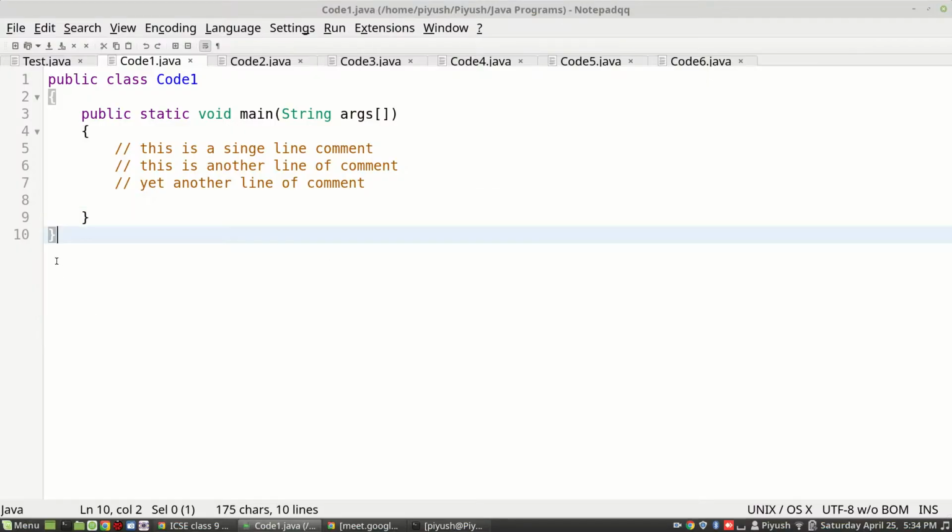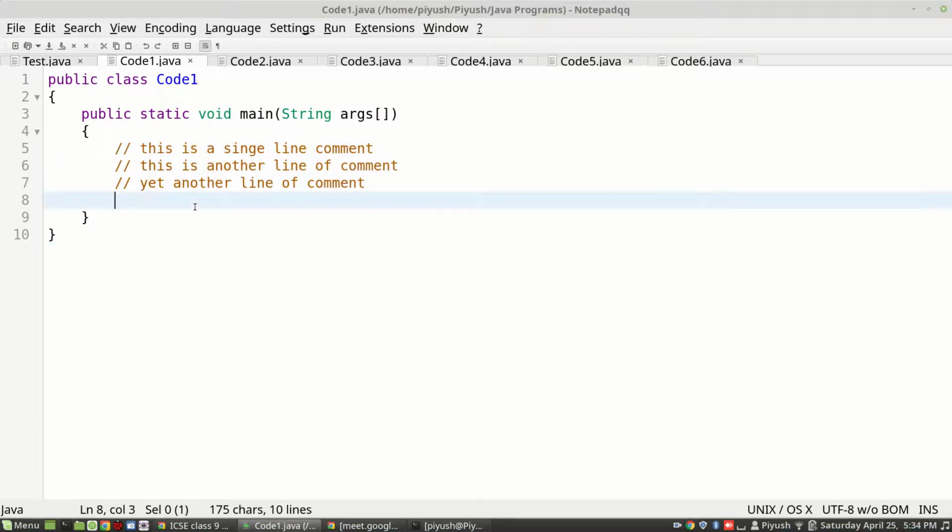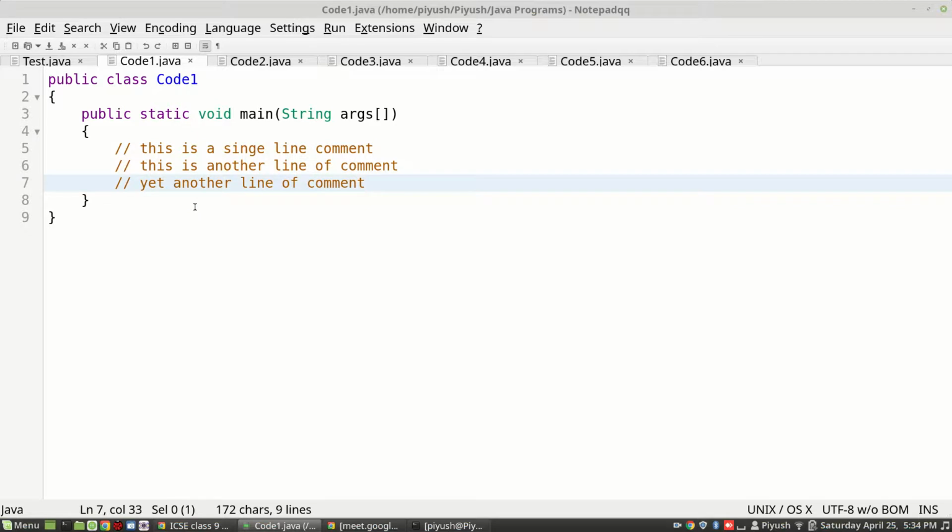I have written one program here. Whatever I write, I will be writing between this public static void main only. You can see here I have written 3 single line comments.